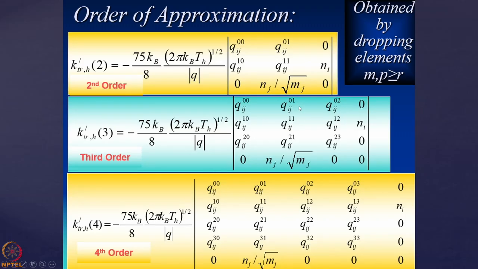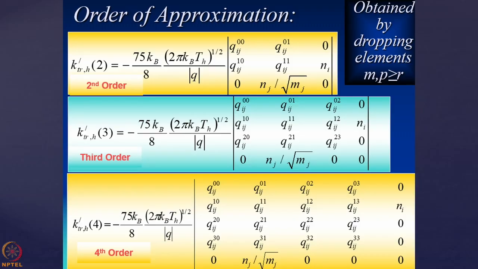And what you are including apart from the earlier one, you are including Q02. And here also you are coming to Q23, okay? Another row that has been included over here. So what you are getting, third order approximation is like this, third order one. And when you are going for fourth order, what you are finding here, then you are using 5 rows and 5 columns.